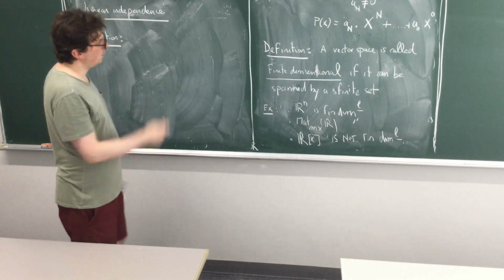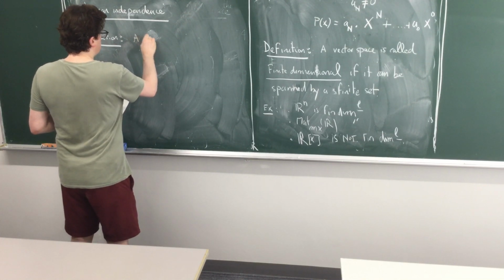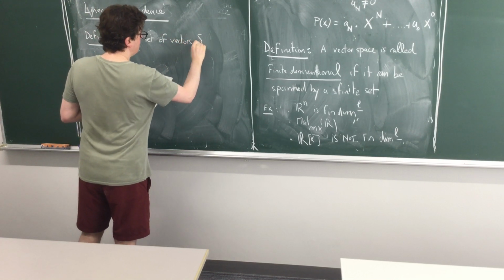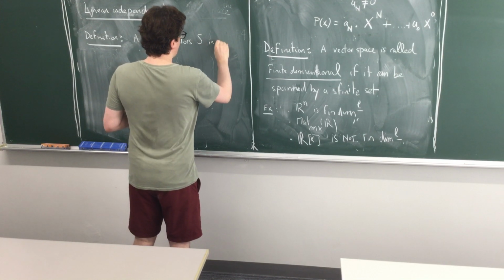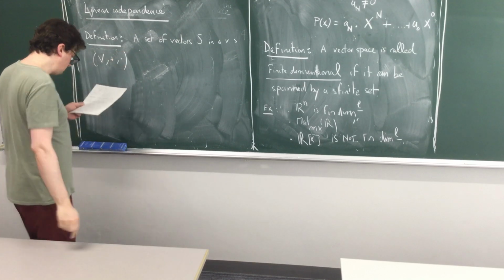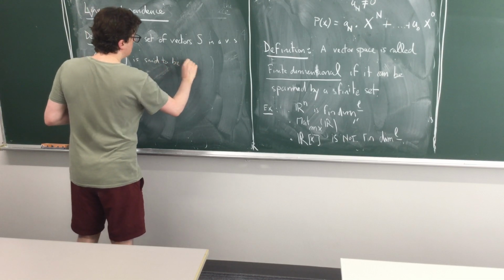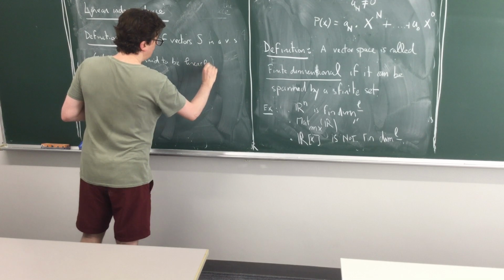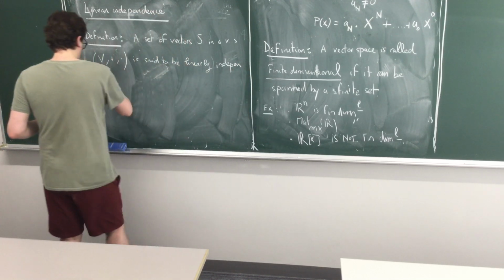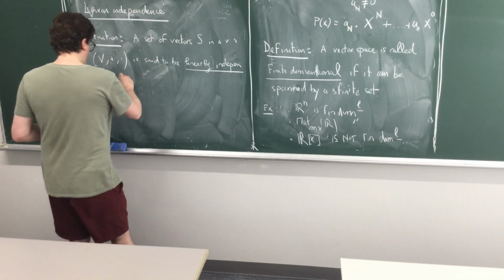Here we again fix this vector space V, and a set of vectors S in a vector space V with plus and scalar multiplication is said to be linearly independent if,